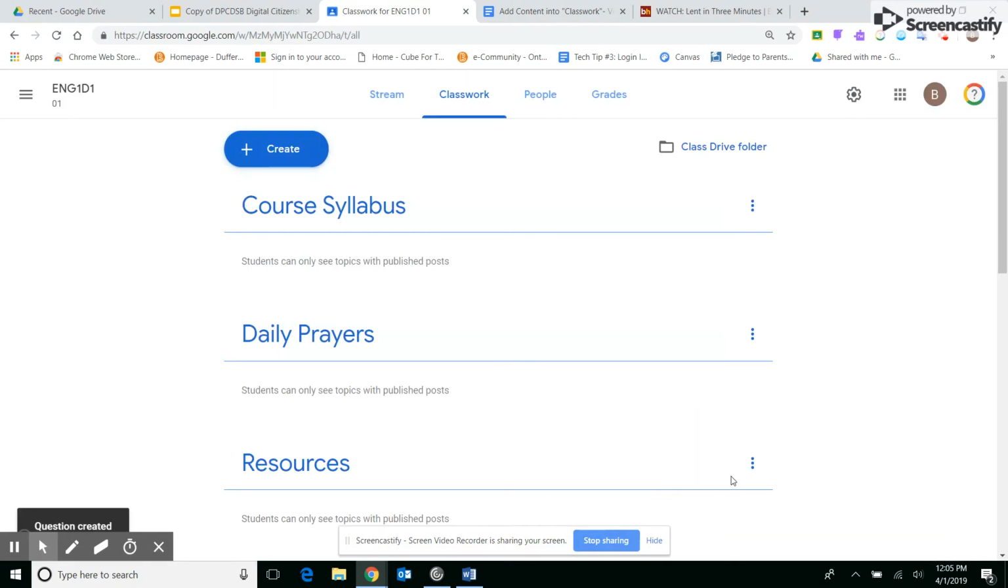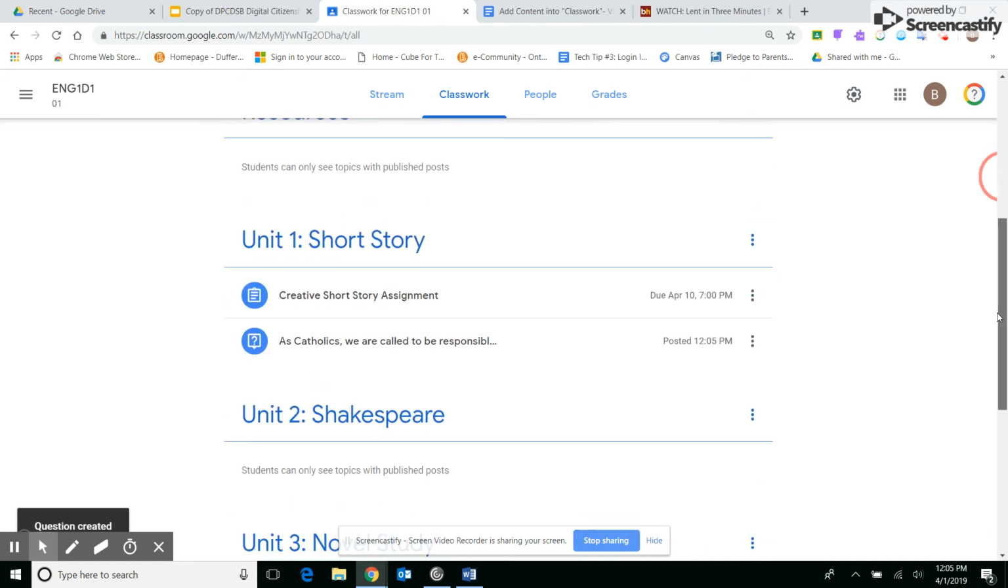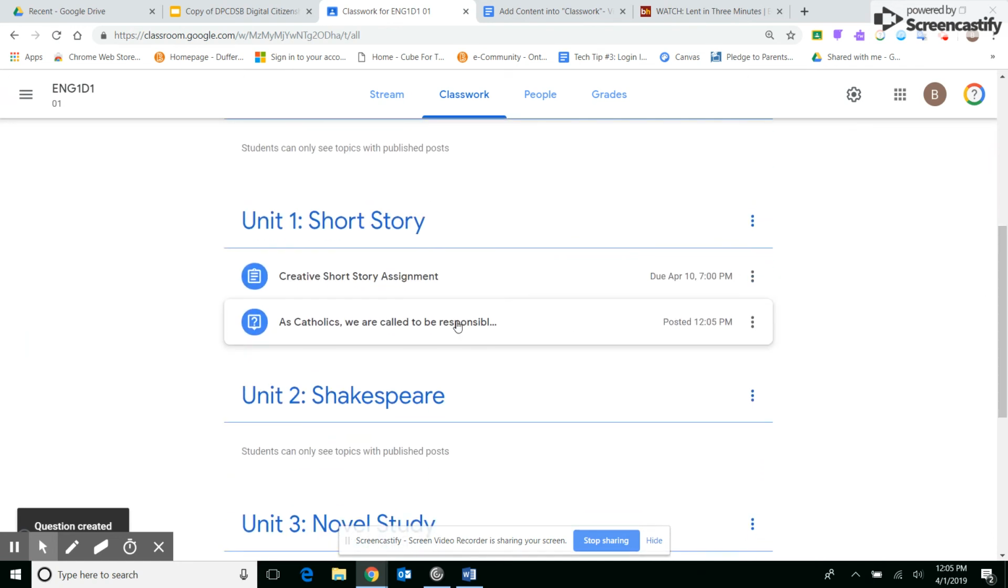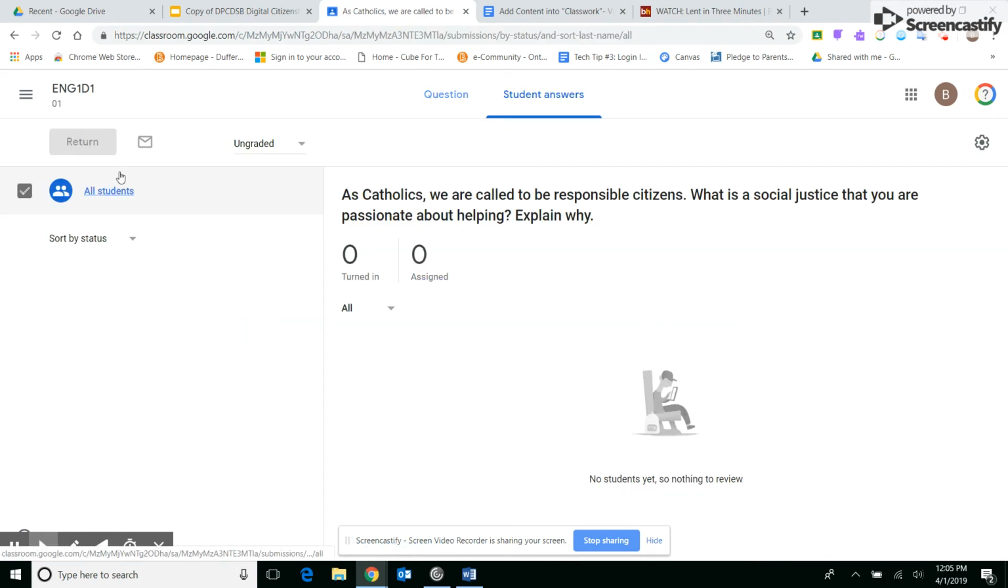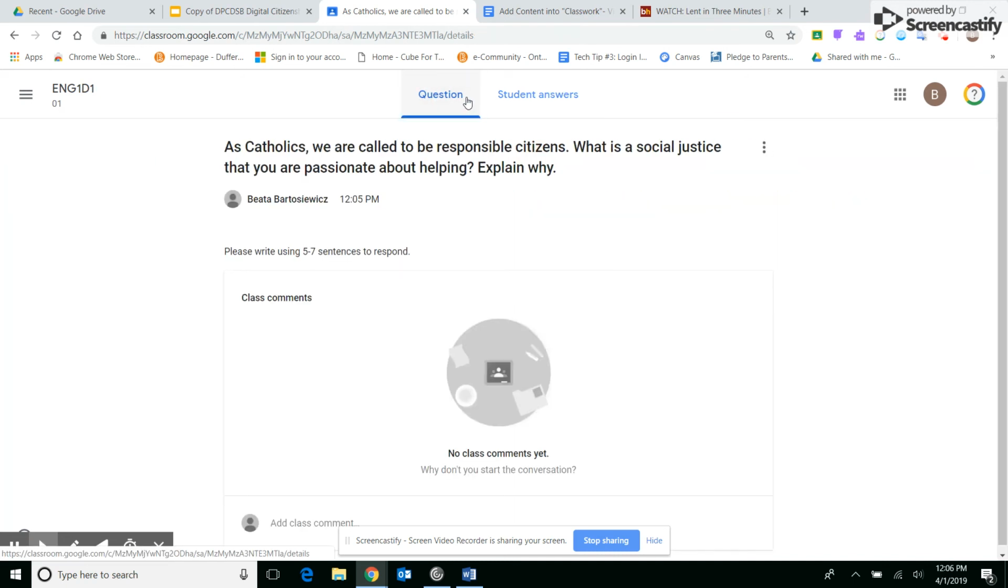When I ask a question to students, which is right here in the short story unit, if I click on it, I will see this view. I will see how many I have assigned the question to. I can see who has turned it in. And if there are students who haven't turned it in, if I click on this, it will show me all the students who haven't. Now here, I obviously do not have any students at this moment, so it's showing me blank. But once I have students, it would show me a different